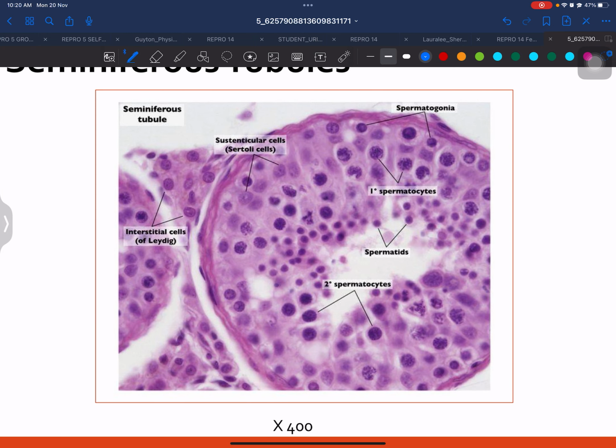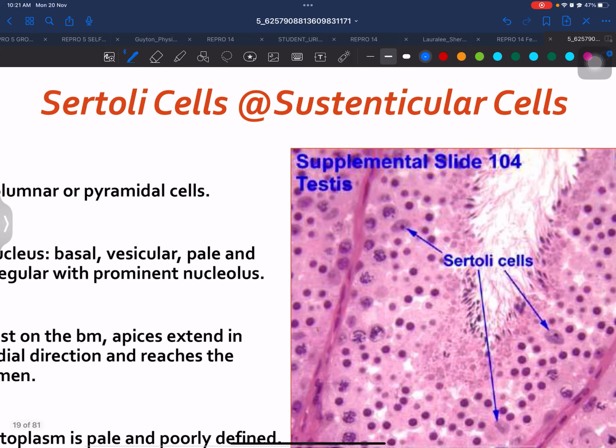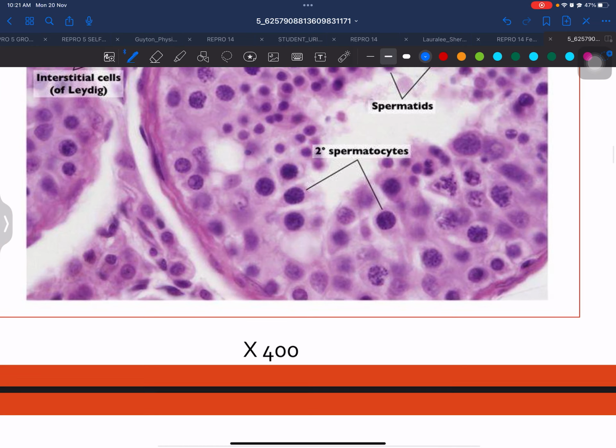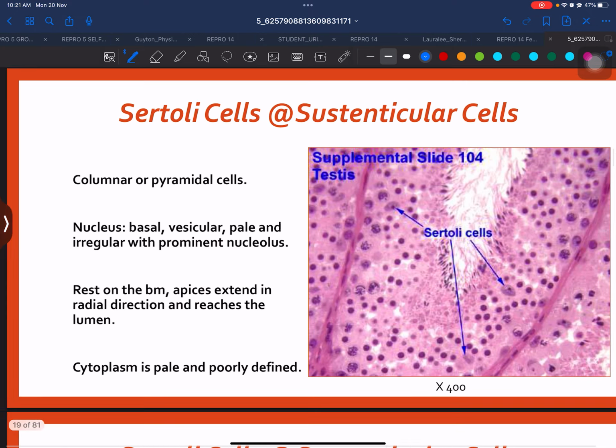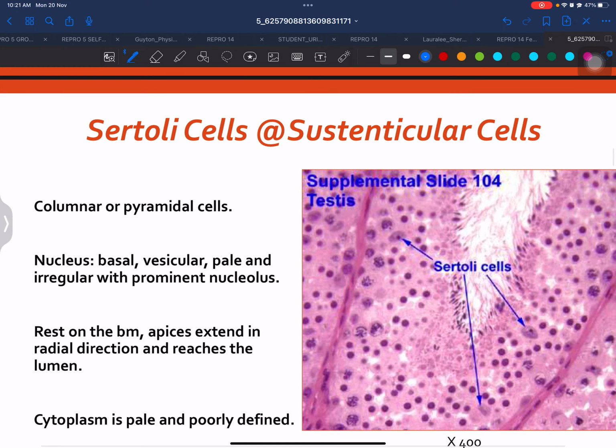Spermatogonia reside on the basement membrane, then toward the lumen, from the primary spermatocyte to the secondary spermatocyte to the spermatids. So spermatids are toward the lumen. And this one, outside the seminiferous tubules,